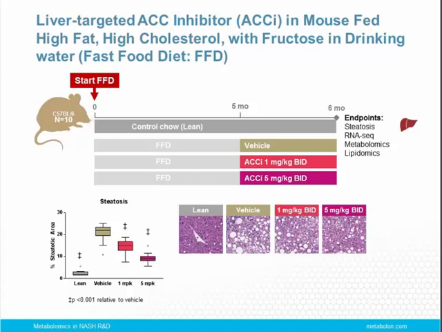You might expect that increased acetyl-CoA could be a substrate for making cholesterol, but I showed decreases in liver cholesterol, so that doesn't appear to be happening. Other things that could happen that we haven't measured are acetylation of proteins or acetylation of DNA, but others have reported changes in those parameters. So that's something that we're still